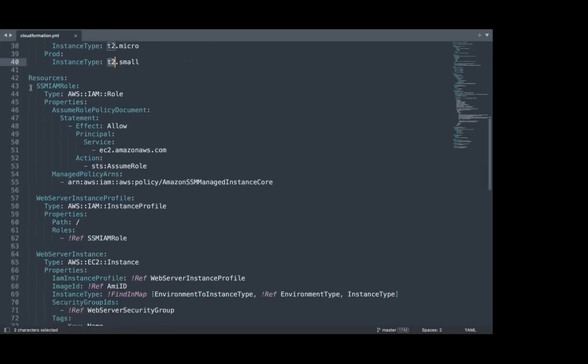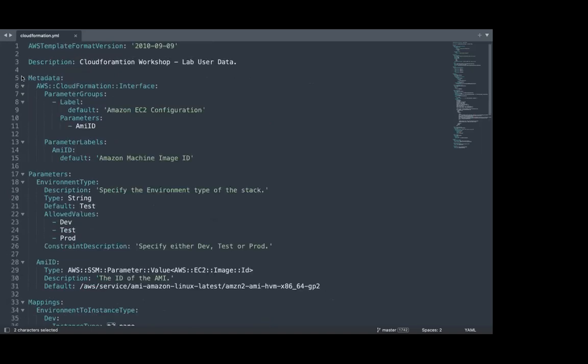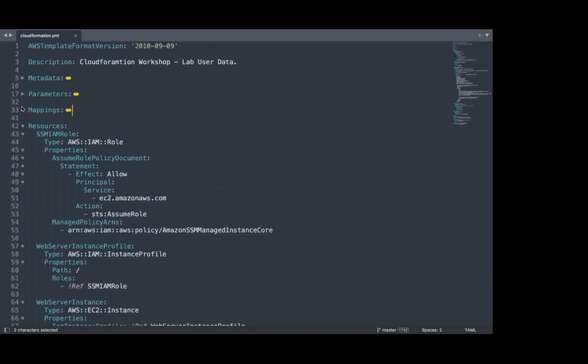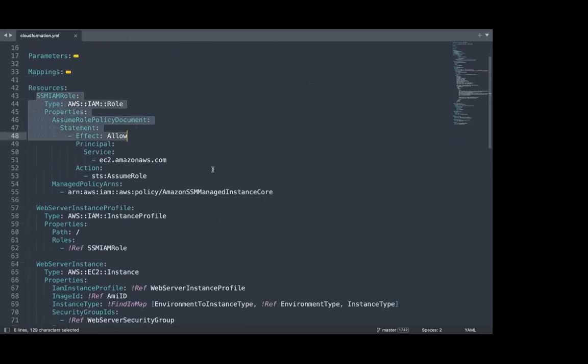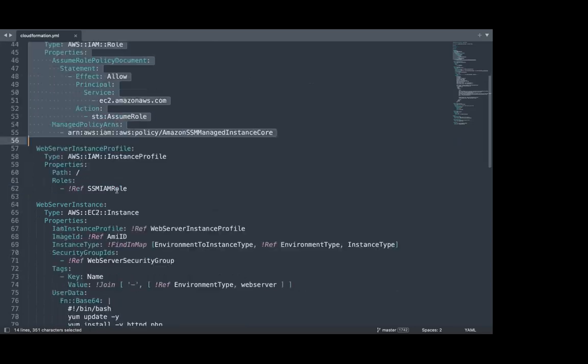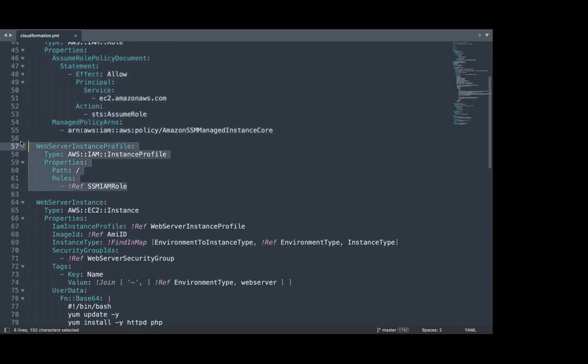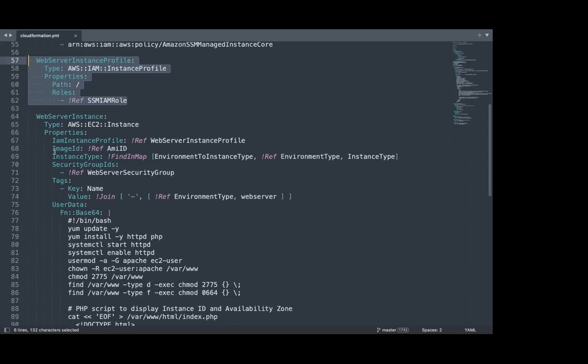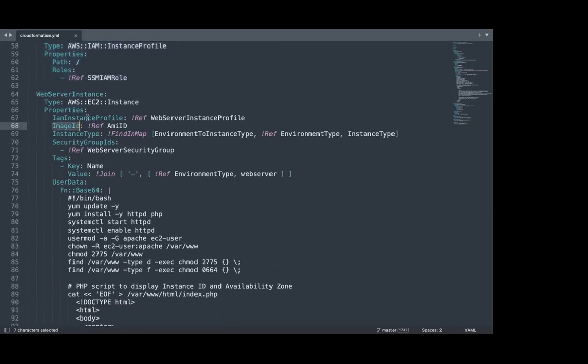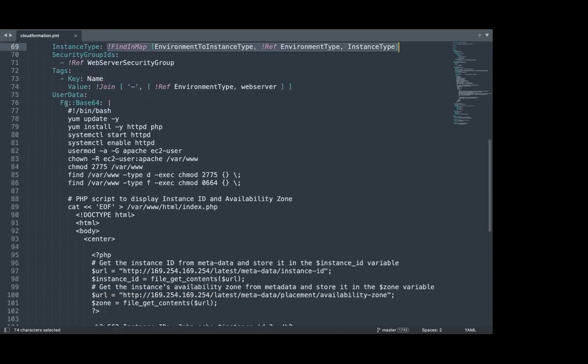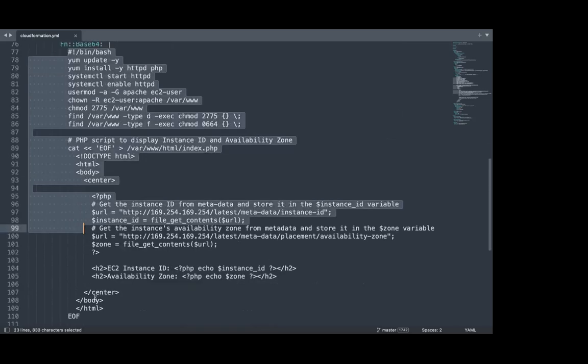Here I'm defining, as I mentioned initially, the Resources section, which is a very key and important section. So here I define an IAM role, then I define an IAM profile for that role. And finally, I'm launching an EC2 instance where I'm providing the IAM instance profile, the image ID, and the instance type, which is identified based on the environment, what kind of instance I need to launch. And at the last, this is the configuration which I'm giving. So this will get installed.